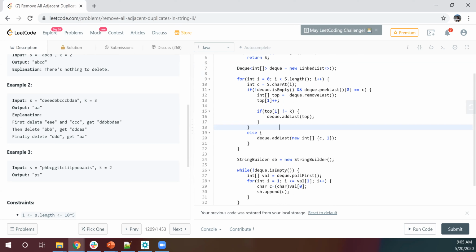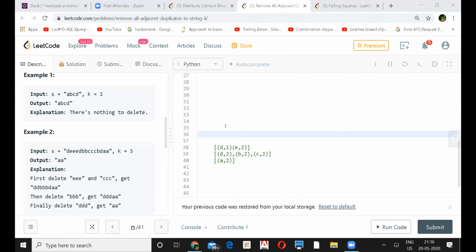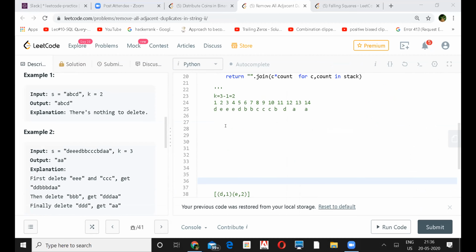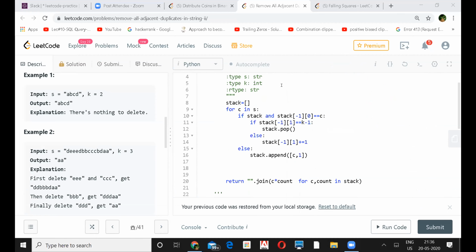Yeah, same as I did, just a stack, like what Ashim was explaining. Every time you encounter a new character, just give it a value of 1. Else, if you have encountered the same character, make it 2. The moment you hit 3, you knock it out of the stack. And at last, whichever characters are left, take the count and repeat them that many times.